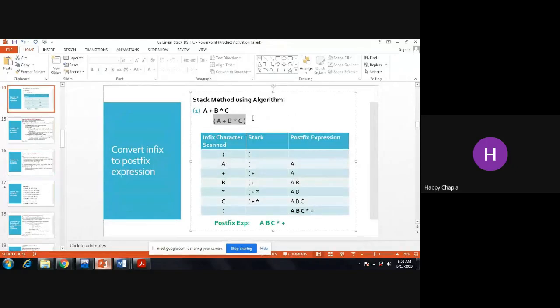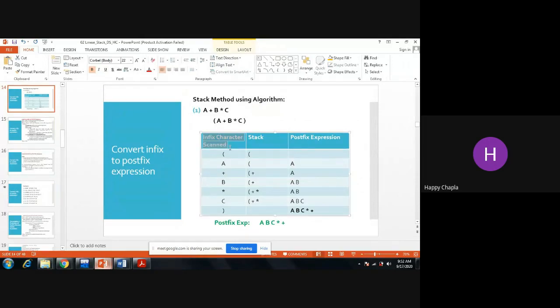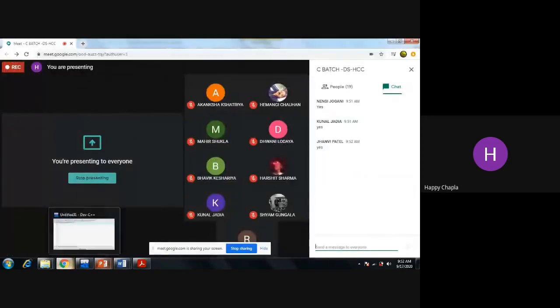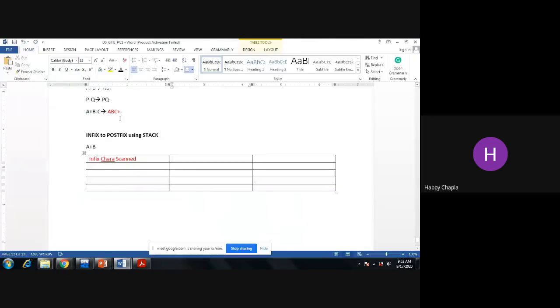In this, first we have the infix character scanned, the stack, and third one, that is my postfix notation, or you can say expression.